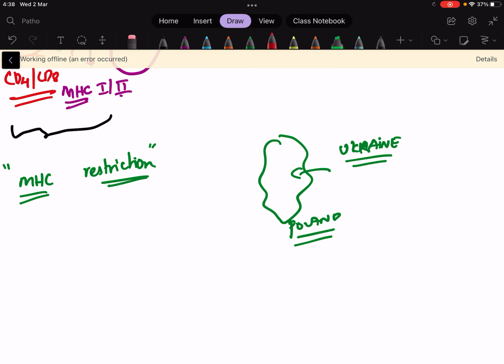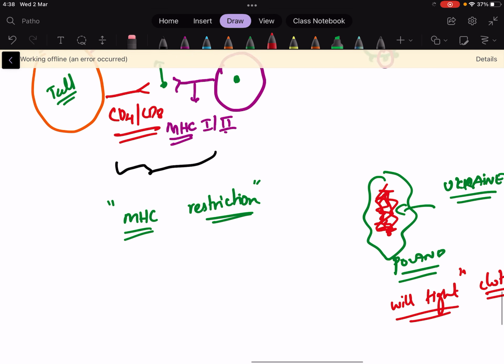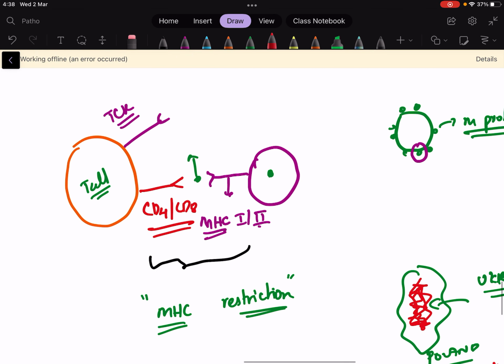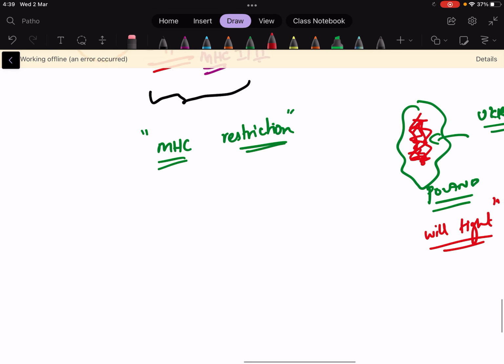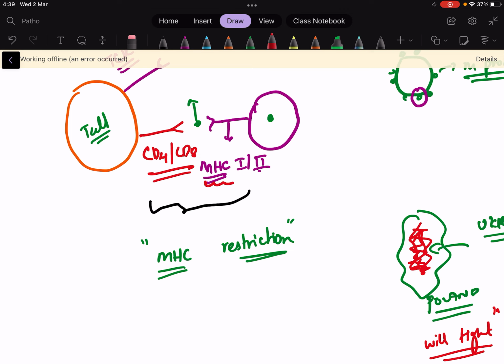Obviously, the people present in Poland and the Ukrainian people are going to have a lot of fight and clutter, right? So what God has done is that only the cells which have MHC receptors present on them